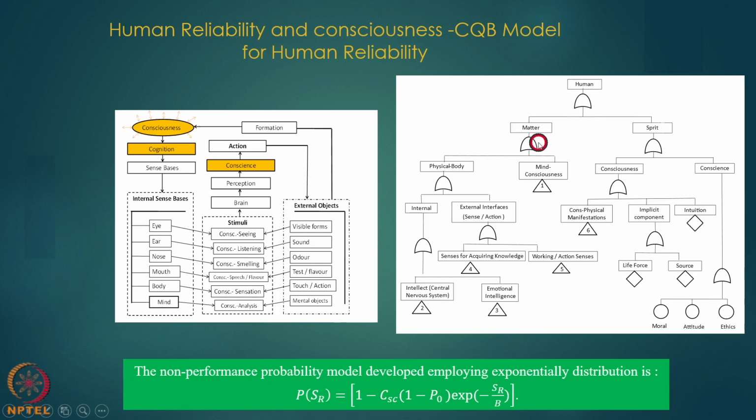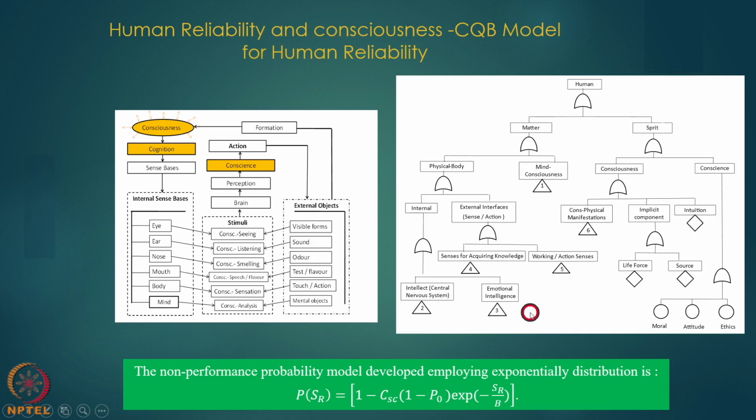Now, how we are trying to understand the human model is that it is made up of matter and spirit. So here we have physiology or body, and mind and consciousness. Let us not go now into the material domain or non-material domain, Planck's constant. So the physical body is internal and external. Then we have the intellect center, and this fault tree goes into I think 35 or maybe 40 pages in the book. We go on doing it, and finally we try to reach